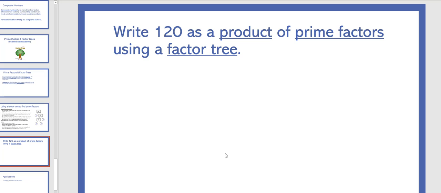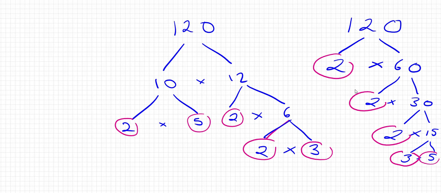Okay, now if we go back to the question, it says write 120 as a product of prime factors. We've done our factor tree. Let's understand what this means, a product of prime factors. Now, if I get my prime factors, I can see I've got 3 2's and a 5 and a 3. Product means multiplication. So I'll grab all of my prime factors, the factors that are prime numbers, and